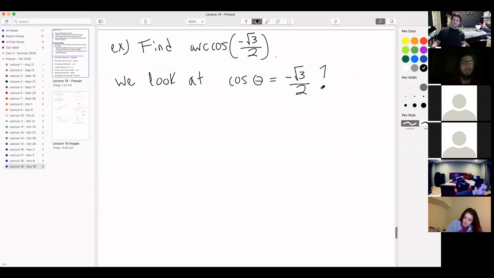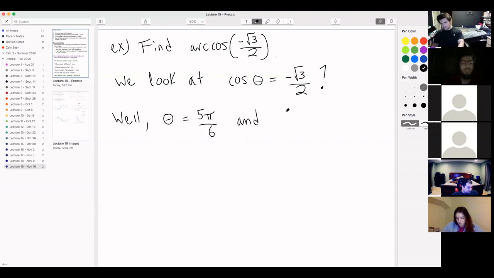So which thetas will solve this equation? You have to use our earlier work of using reference angles. Theta equals 5 pi over 6 and theta equals 7 pi over 6. Both work,